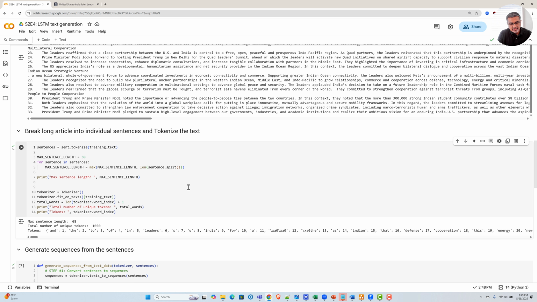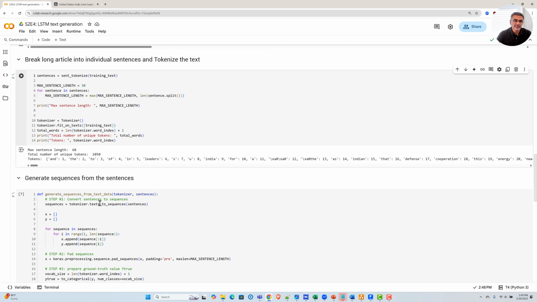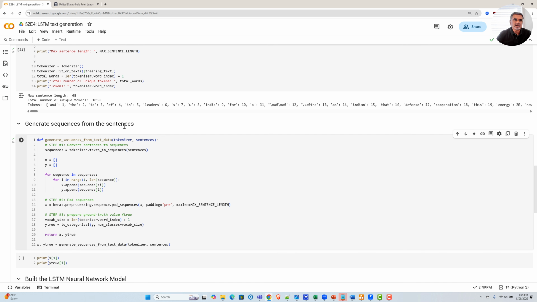Now, LSTM is an optimization on top of a recurrent neural network, which means that just like an RNN, you will need to take your input, make sequences, and pass those sequences to the LSTM. I showed you how that is done using various examples in the previous episode, season 2, episode 3. If you do not know how that is done, I will not repeat it here, but you can go back and reference that. I've just written a very small piece of code here that will take all this information and convert all these sentences into sequences that can be fed into my LSTM.